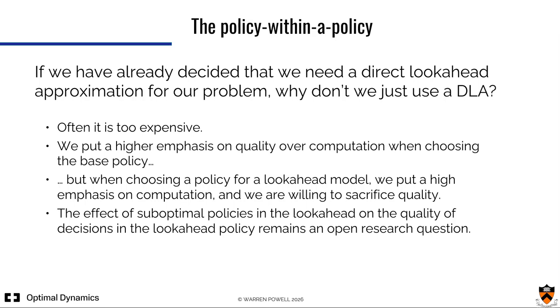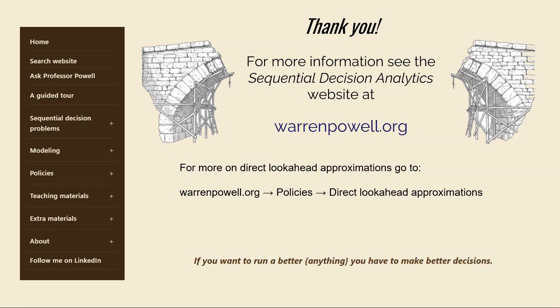I just want to make sure I don't ignore that there's a decision. And so the trade-off between quality of the decision versus computation changes in a look-ahead model. Now, the effect of suboptimal policies in the look-ahead on the quality of decisions is an open research question. It really hasn't been investigated to any degree in the research literature. Okay, this brings to an end